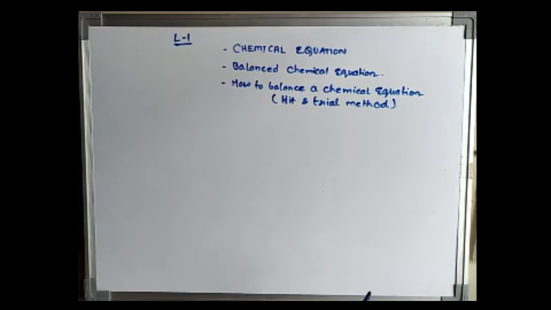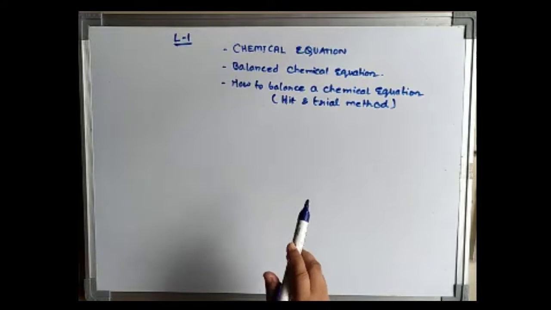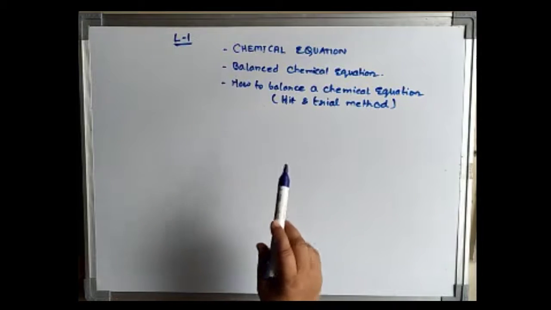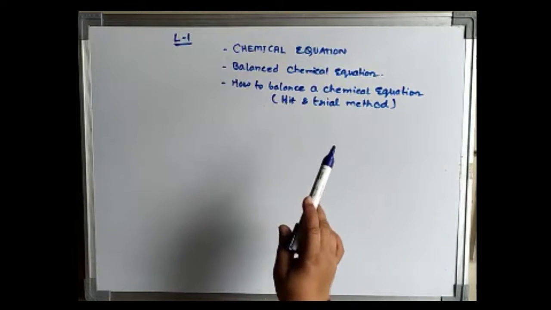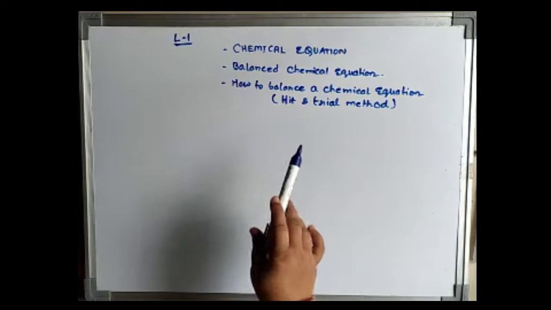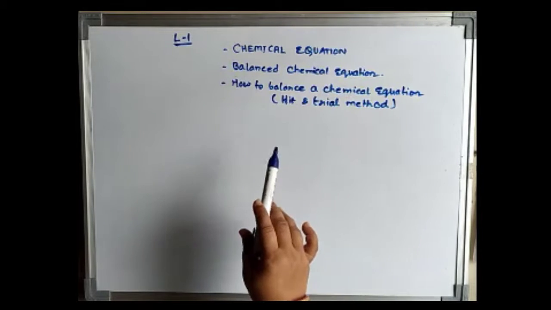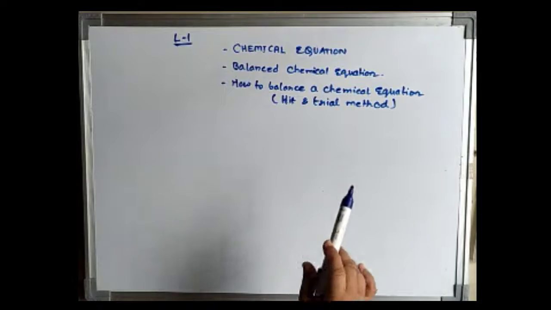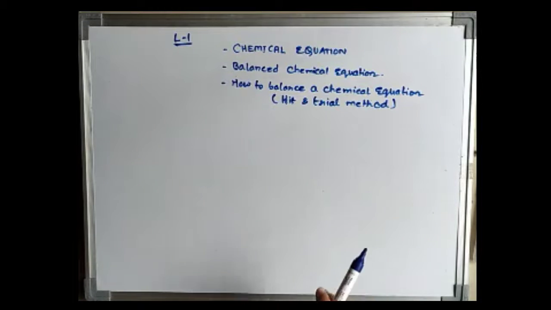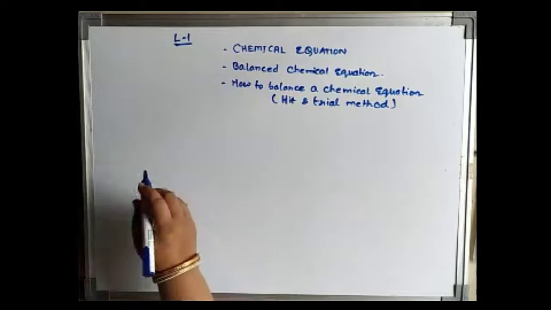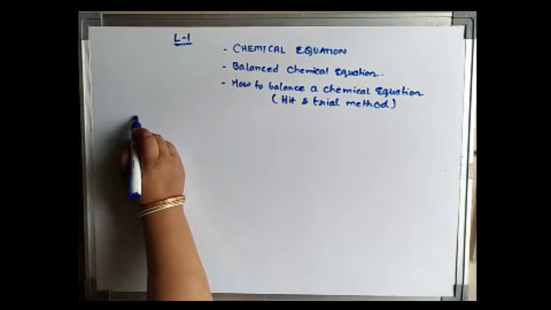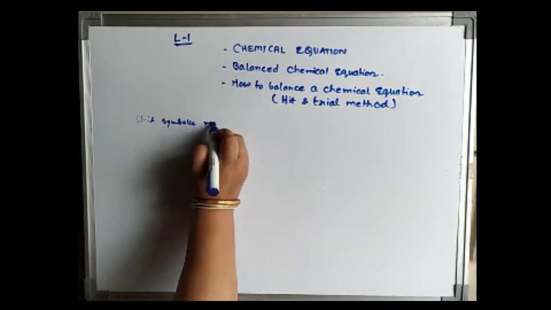Today in this session, I am going to continue with the same chapter with the new topics: chemical equation, balanced chemical equation, and how to balance a chemical equation by a method known as hit and trial method. So let us start. What is chemical equation? Chemical equation is a symbolic representation